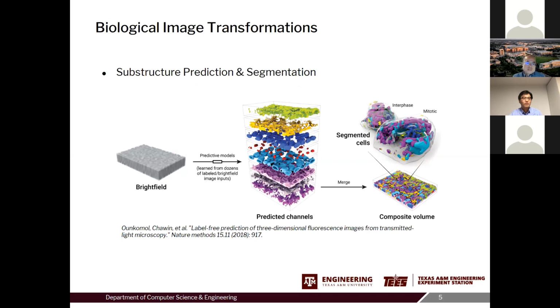For example, if you have an unstained bright field image, we can use it as input to predict the biological structures inside it. And when we merge all of this together, we basically produce virtual cells as output.